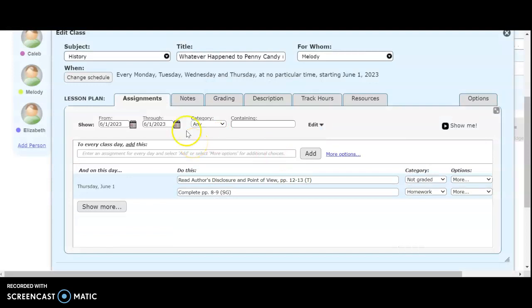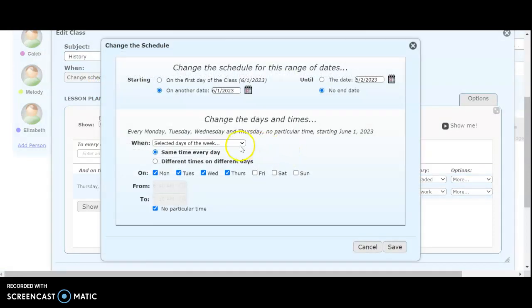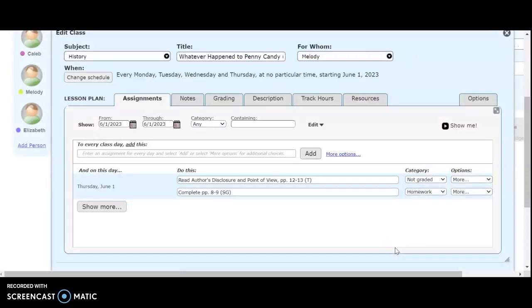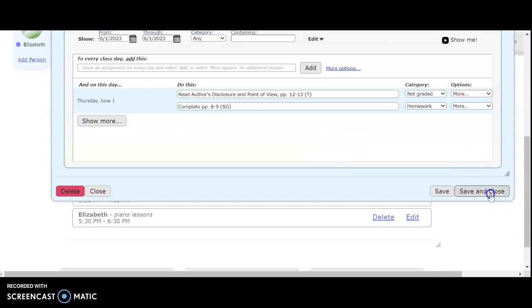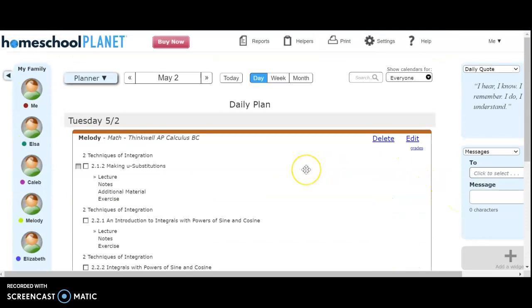Okay, let me show you the other thing I always do. We typically don't do school on Fridays. Oh, I've already got that marked. Okay, so see how I've got Friday unchecked? That means it doesn't schedule us anything for Friday, and I don't have to push anything forward. Okay. Oh, good. So now the only thing on her schedule, she will be so pleased, is her math or